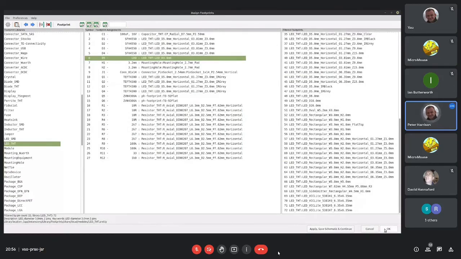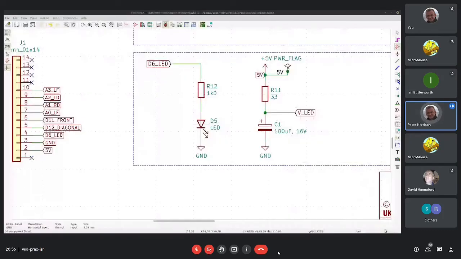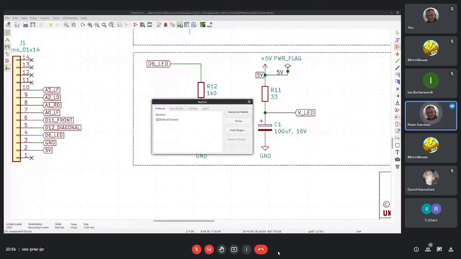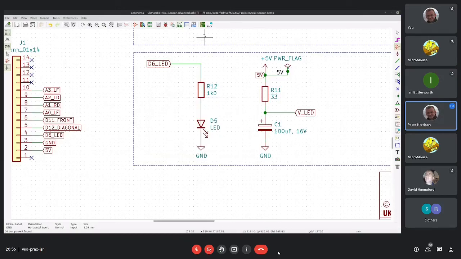So we've got all of our part associations, and then having associated each symbol with an actual footprint and package, we generate a netlist, which is a text file which lists those associations. Okay, you have to do that. I won't do it now because it's already done, but it's just click the button and away you go. Once you've got your netlist, your options are,